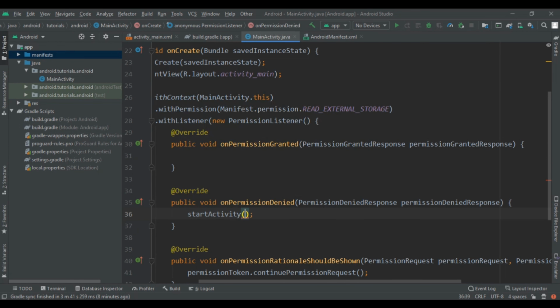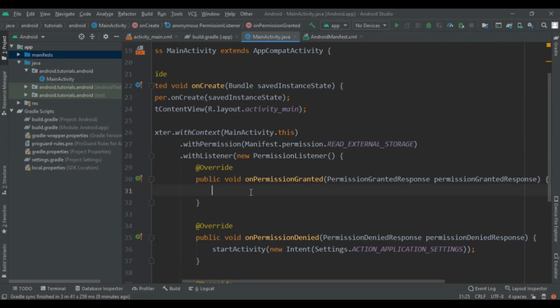So startActivity, then new Intent, and here we are going to write Settings.ACTION_APPLICATION_DETAILS_SETTINGS, application settings. Here we are going to redirect our user.